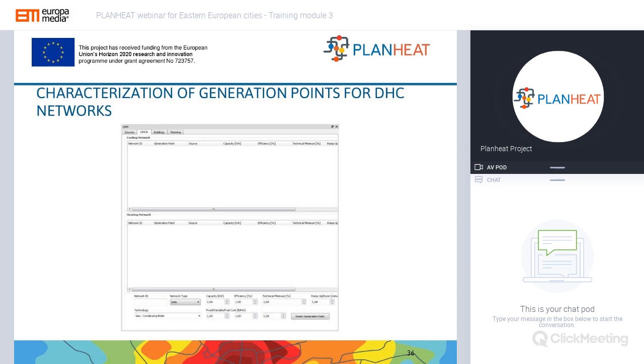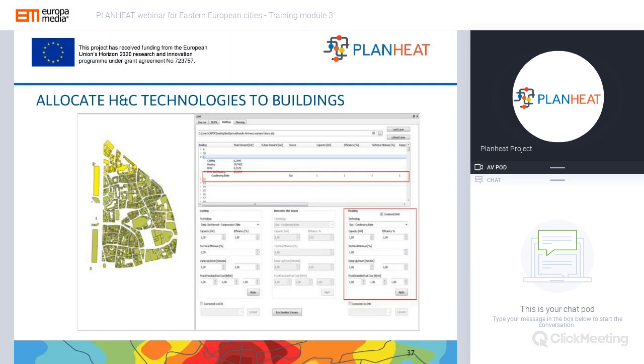And here is how the prototype looks like at this current stage. They also have the option to provide different sources of energy. And here is an example of a condensing boiler, which has a natural gas source.